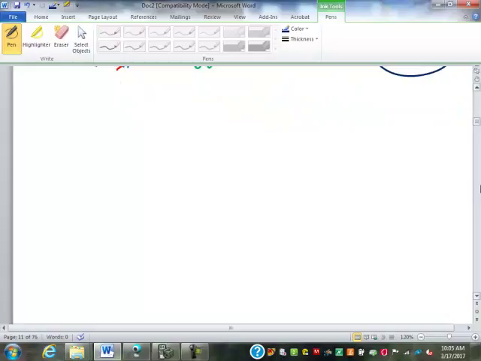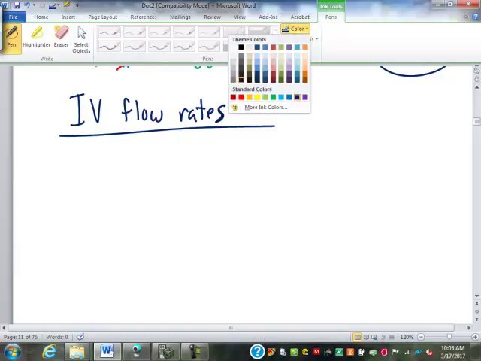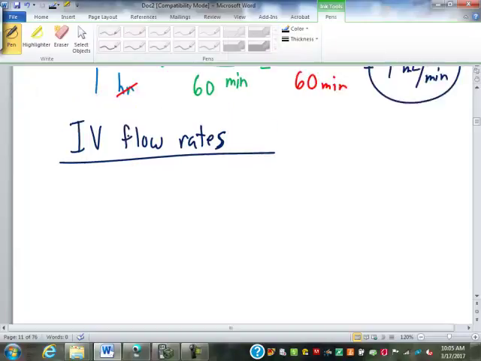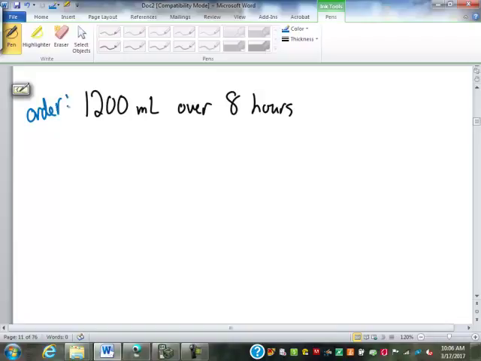So since I brought up IVs, let's talk a little bit about IV flow rates. An IV flow rate quite often can be given as, let's say we're given 1,200 milliliters over 8 hours. There are a lot of conversions that we can do off of this. So we take that doctor's order of 1,200 milliliters over 8 hours. The simplest one we can do is just find milliliters per hour. How many milliliters per 1 hour? And to do that,